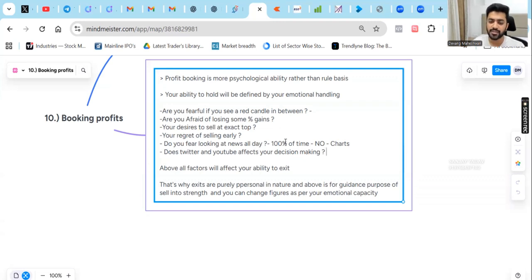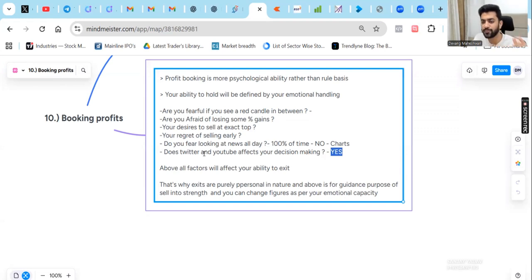Next thing, does Twitter and YouTube affect your decision making? I think you cannot say no. Even if you write no in the chat box, I will not agree to it. It will affect. One tweet may not affect, but if you're seeing the same people writing here and there, it will affect. Next day, let's say for example, you were at 10% profit, you saw such bad news, you took an exit. These all things will affect your profit booking